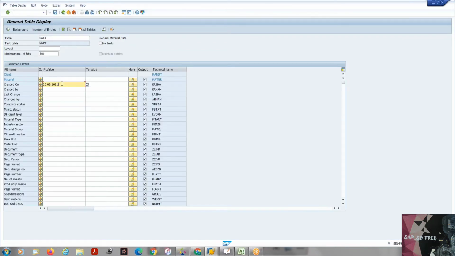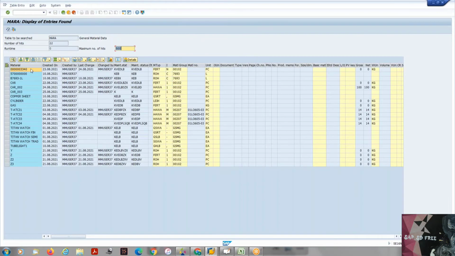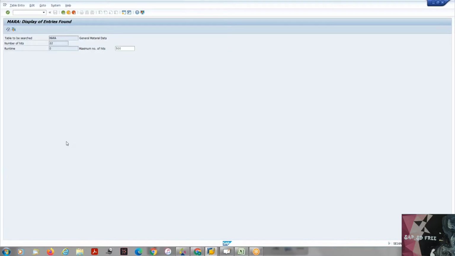Similarly, if I wanted to see not by created on but by created by, all the materials created by this user ID, and if you just execute it, there are 22 materials in total that have been created by this user ID. So like that you'll be able to see this kind of a report